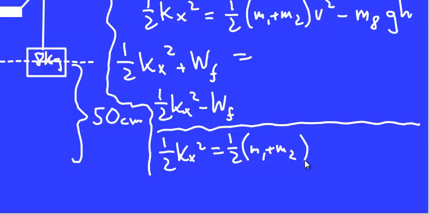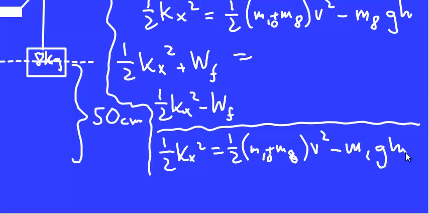I suppose I should change the M1 and the M2 to be consistent here. Let's make this, let's see, we'll make this M8, right, because I was calling that M8, and we'll call this M10. So M10 and M8. All right. So we still have this. We have that negative change in potential energy